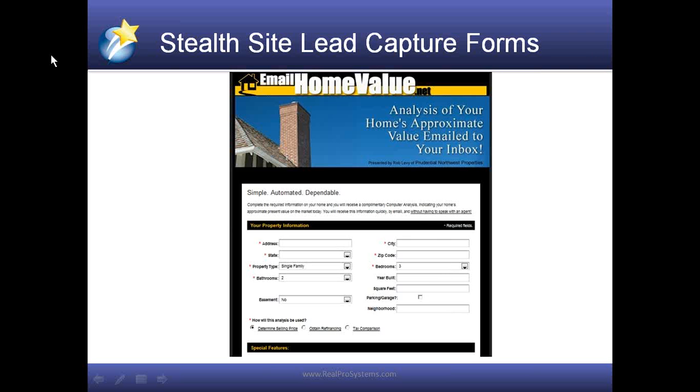But basically, the idea behind this one is that people don't necessarily need to know me. I'm just trying to get them to fill out the form so that I can then send them the data and then sell them on me. And this goes back to the old sales days, for those of us that have been in this business a long time. Before the internet, when we had MLS books and things like that, we had all of the data, so people had to come to us. But now they can go to Zillow and all these other places and get information and don't need to come to us. So the idea behind this is a stealth site.